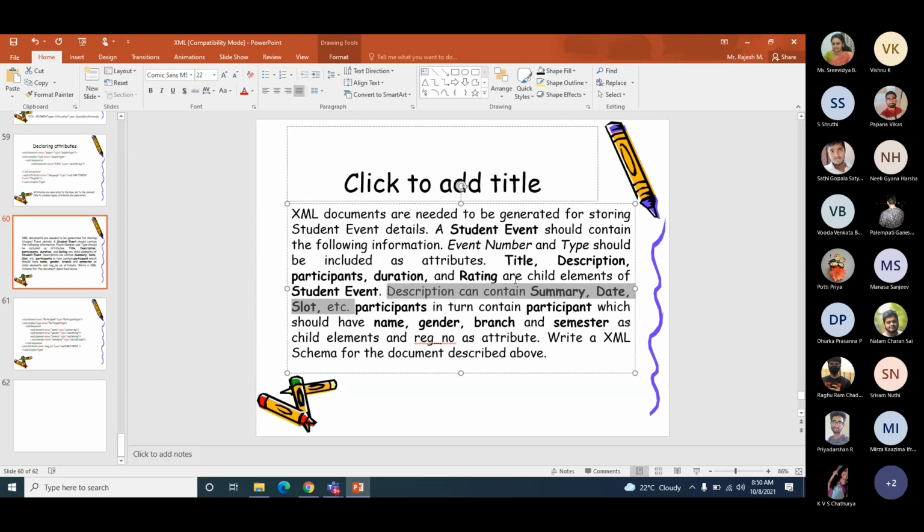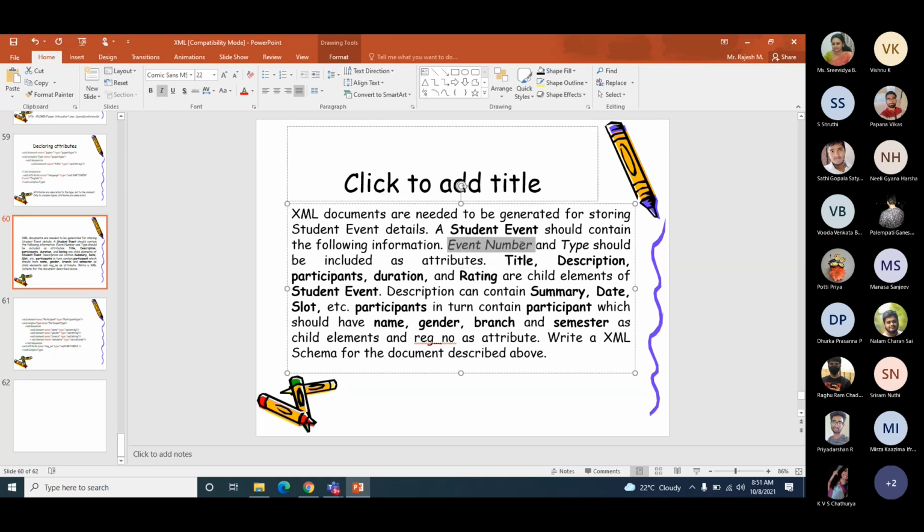And then what we have to do is define student event type as a new complex type, which will have child elements title, which can be a string. Description, you have already defined a new type for it, that one. Participants, new complex type, you have defined that one. Duration, you can use either the time duration or even a string, it is fine. Rating, another string.